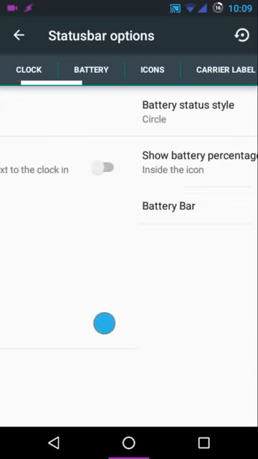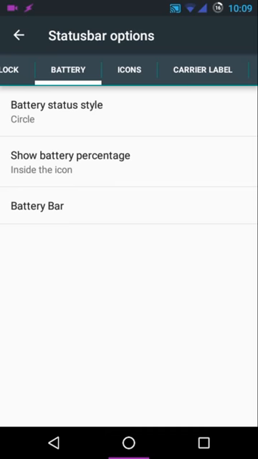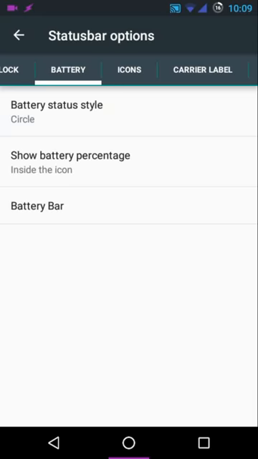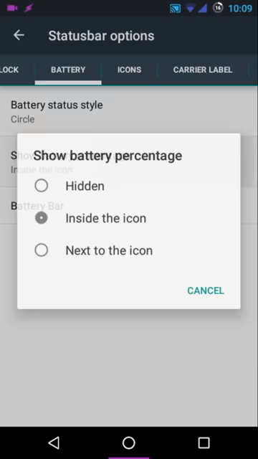Swiping to the right, we go to the battery menu. Here we can customize the battery icon style. We can either have a portrait icon, landscape icon, circle, dotted circle, or in the text form, or we can just hide it. Then under the battery percentage icon, you can either hide it, show it next to the icon,